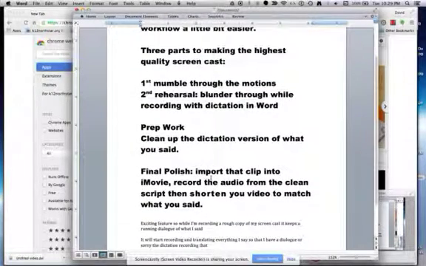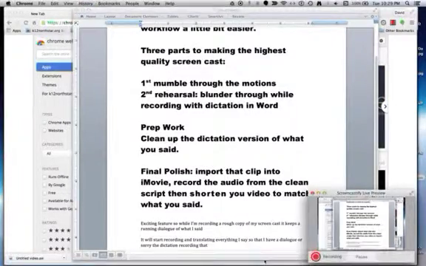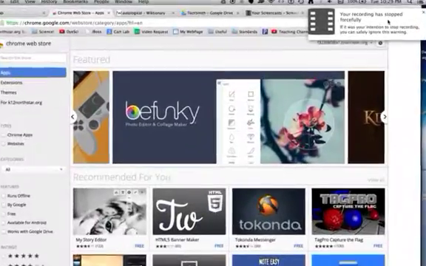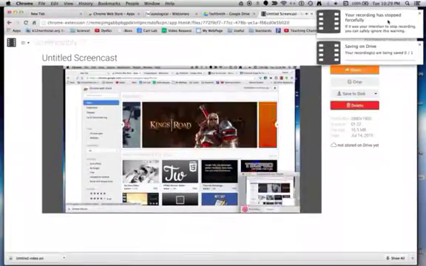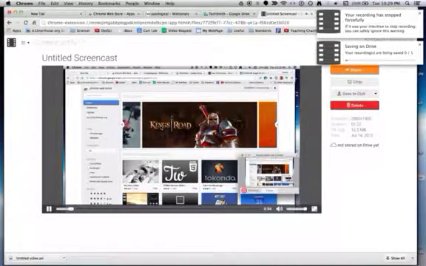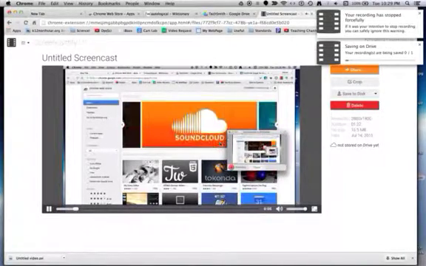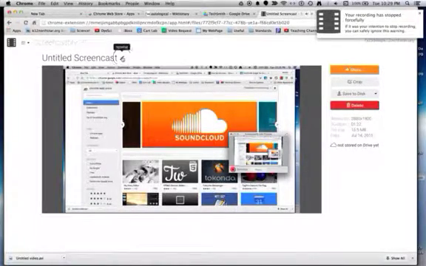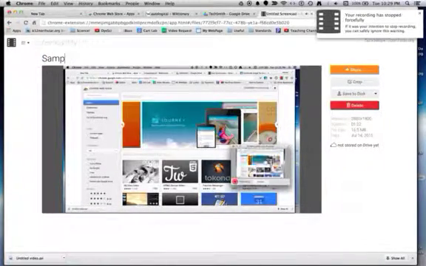Alright, once my Screencastify session is over, I have to stop sharing my screen here with Screencastify. And it says my recording stopped, which is okay. That's what I wanted. And it brings me to this window here where it starts playing my screencast. So I would do a couple of obvious things. I would rename it Sample